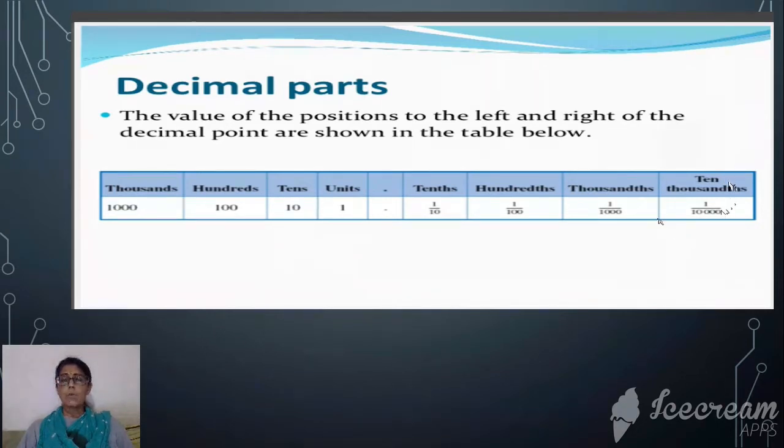Then just now I have explained you it can extend to lakh, 10 lakh, right? So these are known as denominators. Tens, hundreds, thousands, 10,000s. These are all the numbers after the decimal dots, right? So this is known as a place value chart. Before the decimal dot, whichever numbers are written, that is known as a whole number. And after the decimal, whichever numbers are written, these are known as decimal numbers, right?